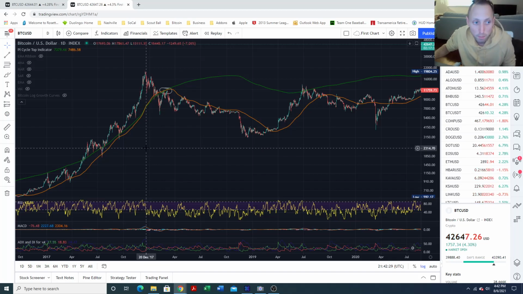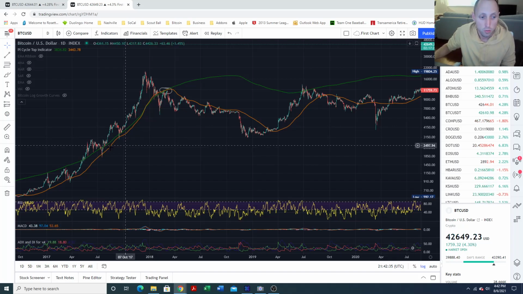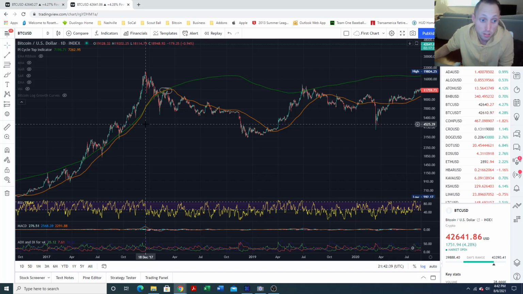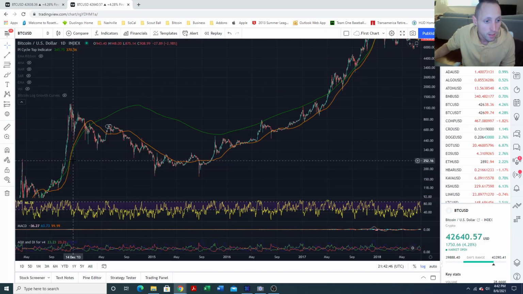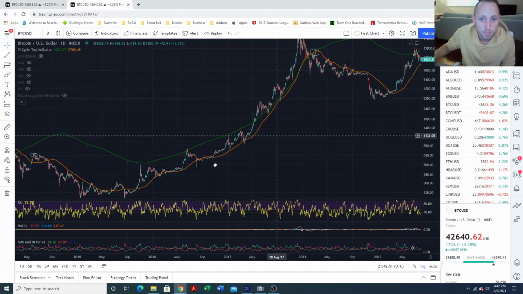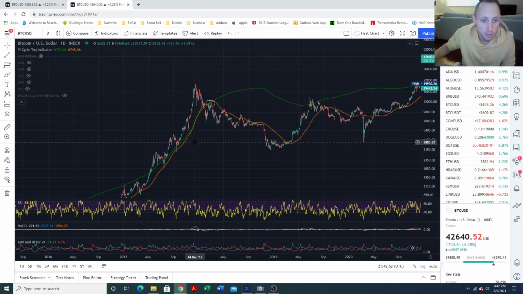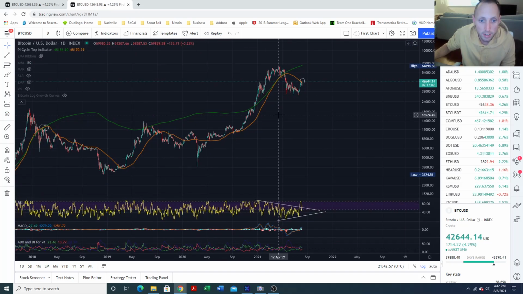If you're familiar with the Pi cycle indicator, this orange line right here is normally below the green. Each time it crosses, it is perfectly timed out where the top has been for Bitcoin. So you go back in time, you cross right here, and this is exactly the peak. This is 2018. When it crossed, it was the peak. And it did it again recently when it was at 74K.